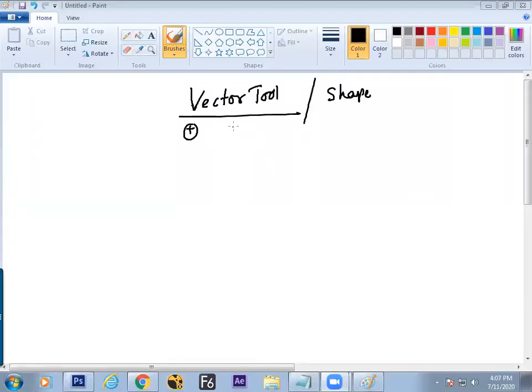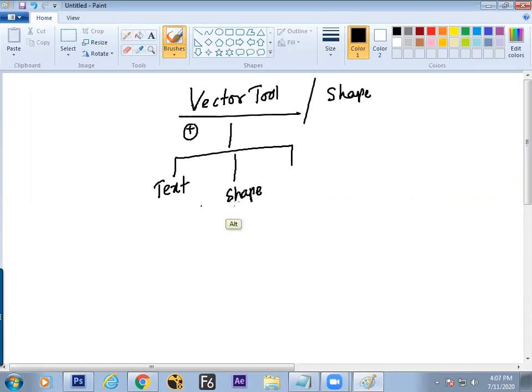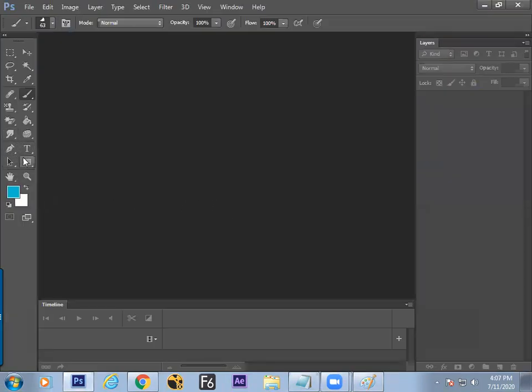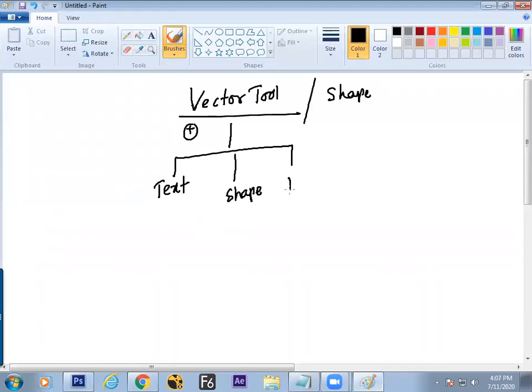Okay. Now the vector tools in the bunch, a lot of tools are there. So what are those tools? Text also behaves like a vector. Shape tool also behaves like a vector. So these are two major tools which get used inside the vectors. Now the third one is the pen, and it is one of the vital tools. It is a customized tool. So these three are vector in consideration. They can scale to any extent, and the quality never goes down.